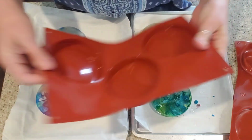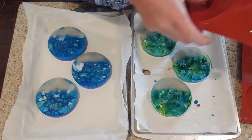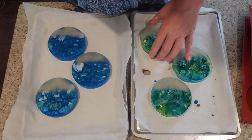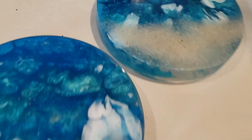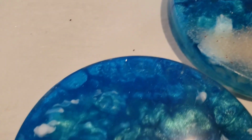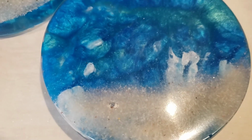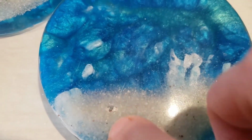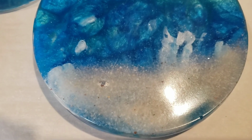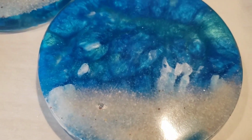They seem really sturdy. All right, let me bring you in for a close-up. All right, here they are. I think they look really cool. It's different. I think maybe I should have put a little bit of resin in the coaster first before I put the sand, because the bubbles had a hard time getting up. I thought I got them all, but